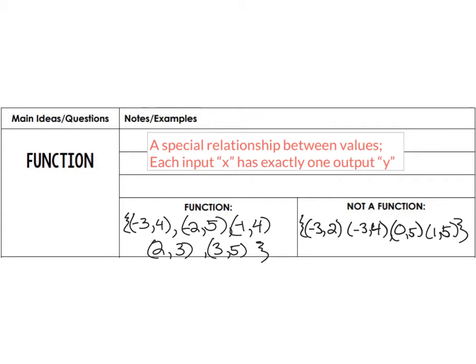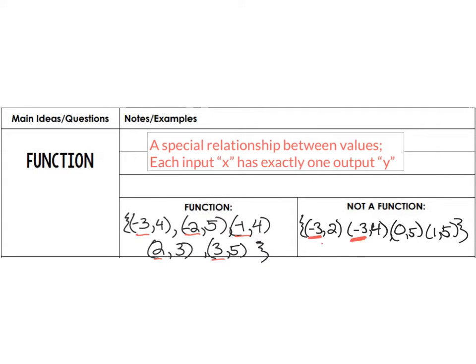So if we look through what is listed here as a function, if you look at all of your x values, -3, -2, -1, 2, 3, none of them repeat. So that is telling us there's no one x value that would have two y values. Where if we look over here at our example of not a function, as soon as you see